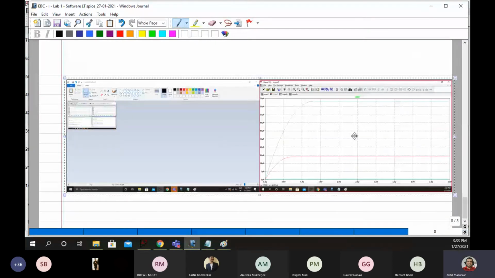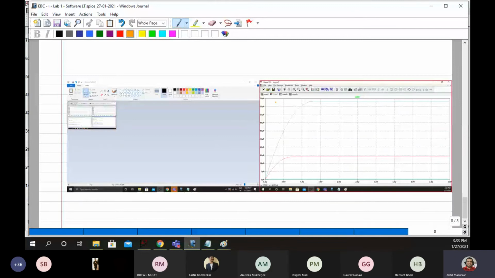This is my first circuit. This is, I'll say, enhancement NMOS. VTO is equal to 0.5 and VGS is 1.8 here.